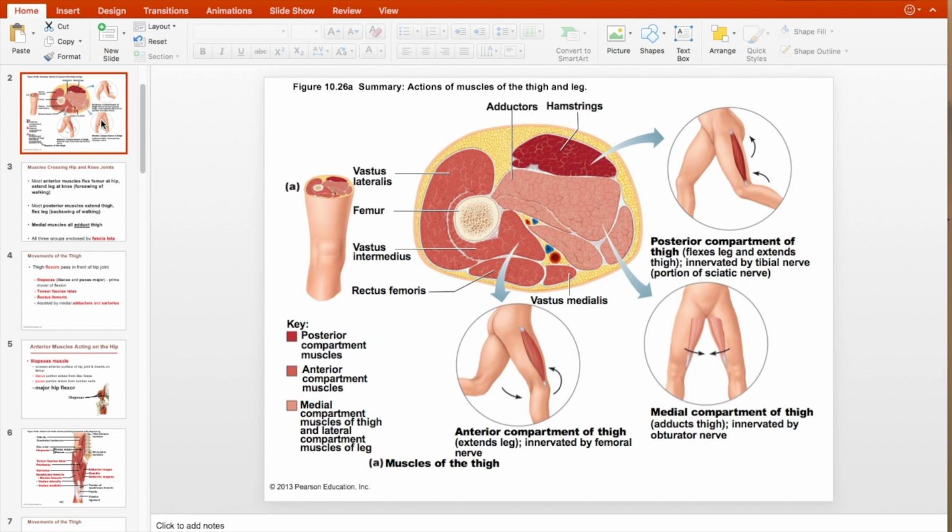Okay, this video is going to cover the muscles of the lower extremity. We'll be identifying the muscles as well as talking about their functions. When we look at the muscles of the lower extremity, the leg, we're going to look first at the muscles that work the hip joint, followed by the knee joint, and then the ankle joint, and some of the muscles